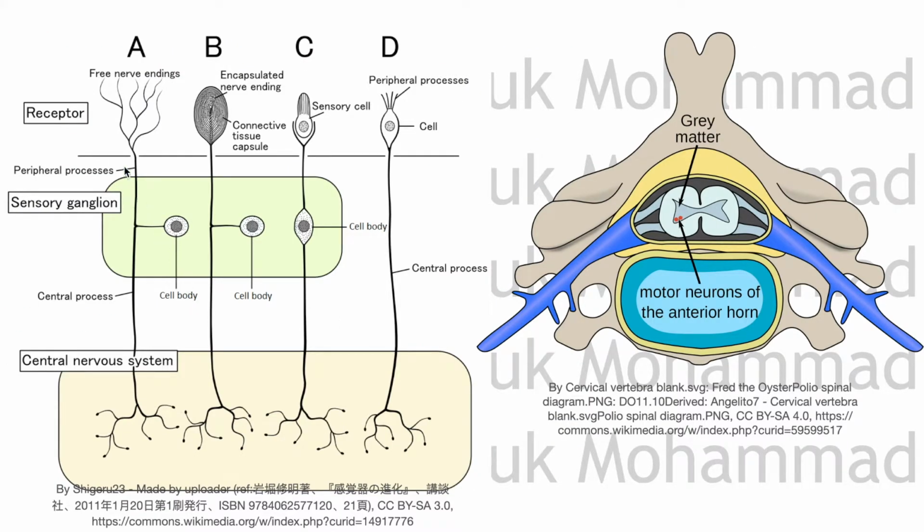This is an example of types of sensory neurons, varying from free nerve endings to Pacinian corpuscle, which is a special type of receptor for deep pressure, for example. This is a sensory cell, and another sensory cell synapsing or sending their signals to the